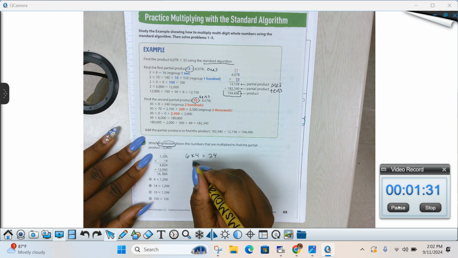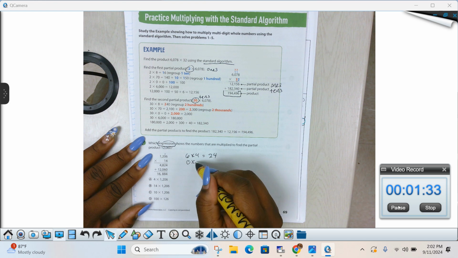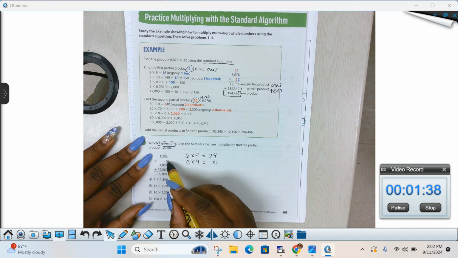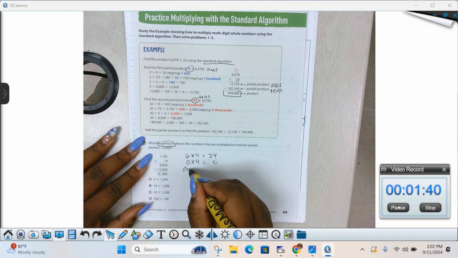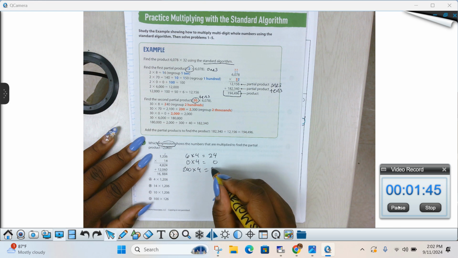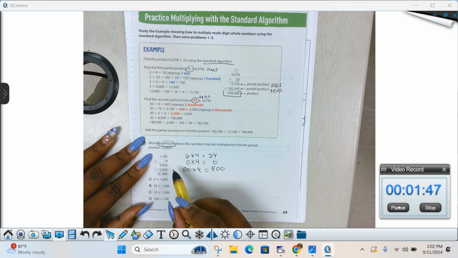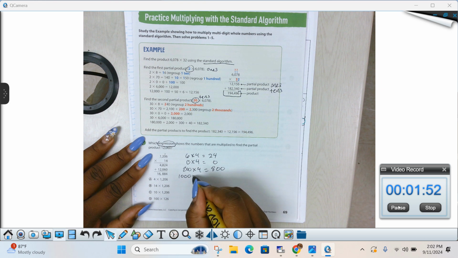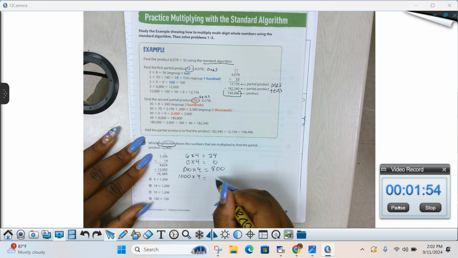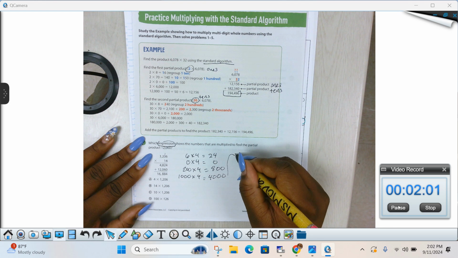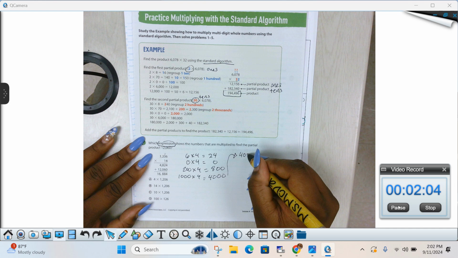And then we have, look, there's 0 times 4. 0. Then we have 200 times 4. 800. Then we have 1,000 times 4. 4,000. Now we add all those numbers up. And again, I will switch this. I'm going to do